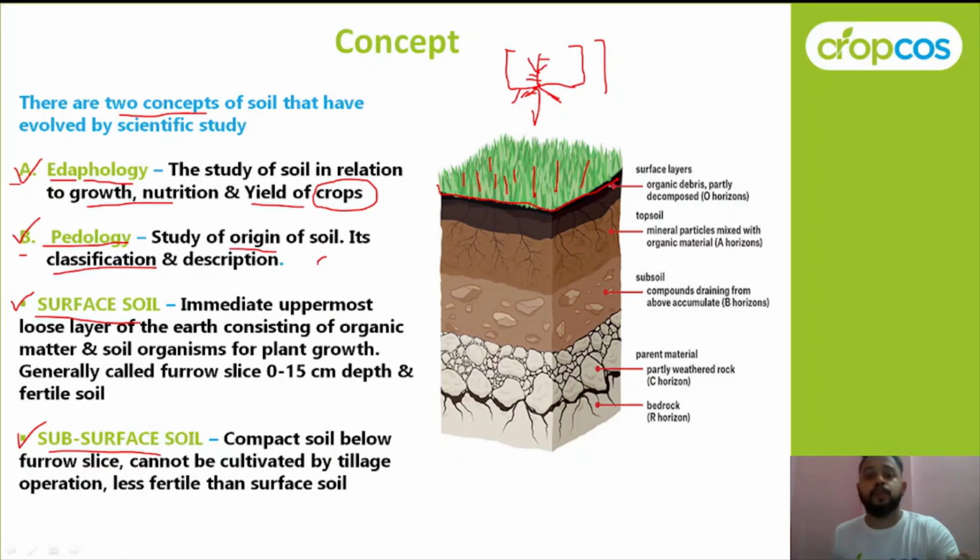और हम बोल सकते हैं कि टॉप सॉइल, ओके। सो दिस विल बी कंपोस्टिंग ऑफ मेनली, हम जो भी एप्लीकेशन करेंगे, ऑर्गेनिक मैटर, फर्टिलाइजर, सॉइल ऑर्गेनिज्म, ओके। सो जनरली इसको हम बोलते हैं फरो स्लाइस, ओके, 0 to 15 सेंटीमीटर डेप्थ, एंड सिंस दिस इज द टॉप सॉइल इट इज हाईली फर्टाइल, ओके। नेक्स्ट वी हैव इज सब सरफेस। सो सब सरफेस मतलब ये जो आपका सरफेस सॉइल चला गया, इसका नीचे का पोर्शन समझाया गया, ओके। मीन्स इट इज द सब सरफेस पार्ट और बिलो द टॉप सॉइल, ओके, दैट इज जनरली नॉट कल्टिवेटेड बाय टिलेज ऑपरेशंस, और दैट इज नॉट एज इंपॉर्टेंट और दैट इज नॉट एज फर्टाइल एज कंपेयर टू द सरफेस सॉइल, ओके।